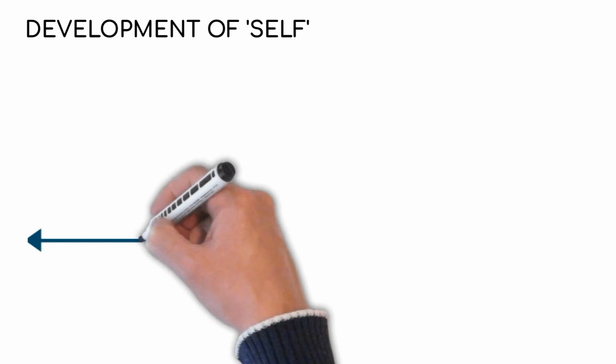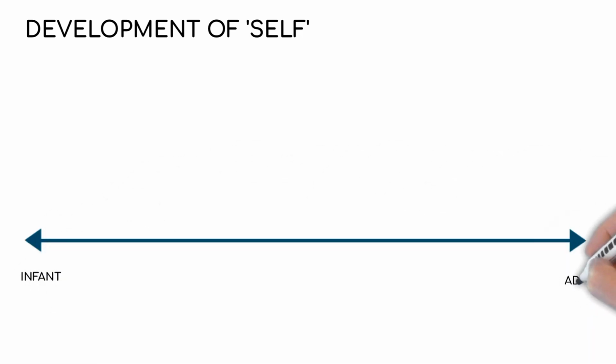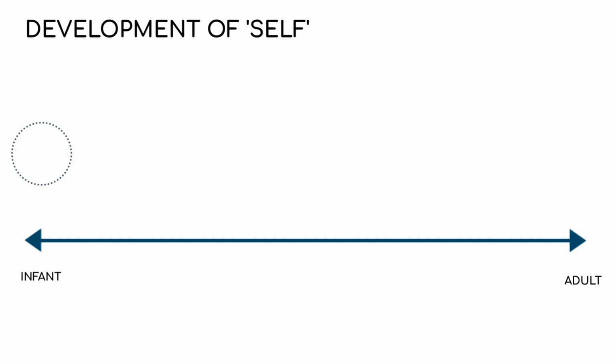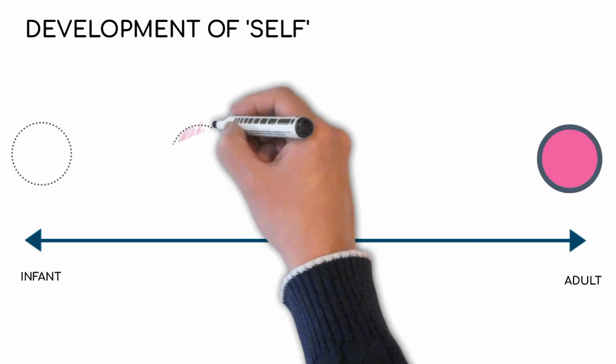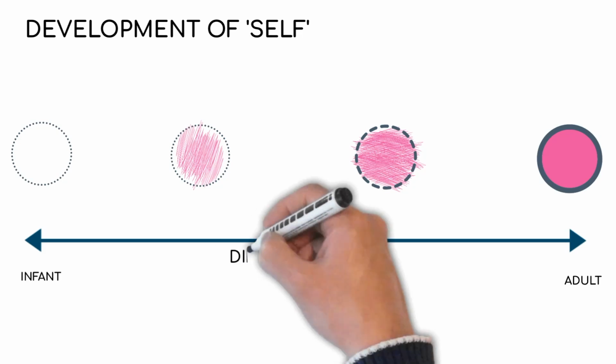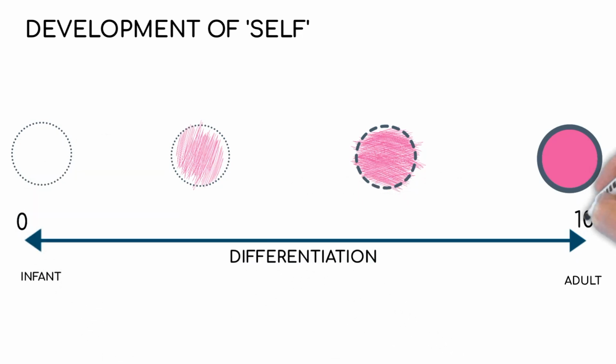In order to really get enmeshment, I think it's important to go back to understand how our sense of self develops. And if we think about our journey from being an infant to an adult, our identity or our sense of self fills in over time. Exactly how this process happens depends on what school of theory you're looking at, but my go-to is Bowen's theory of differentiation. He puts everything on a scale of 0 to 100, with newborn babies being 0 and a fully